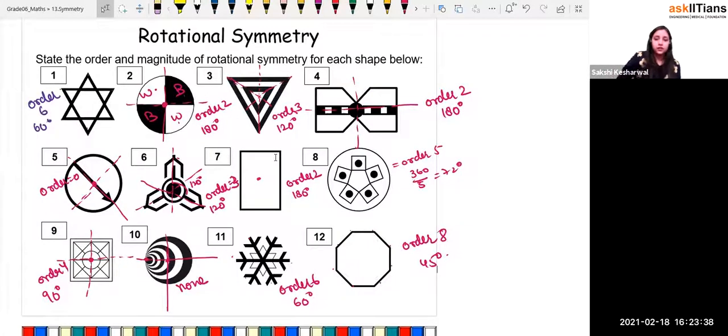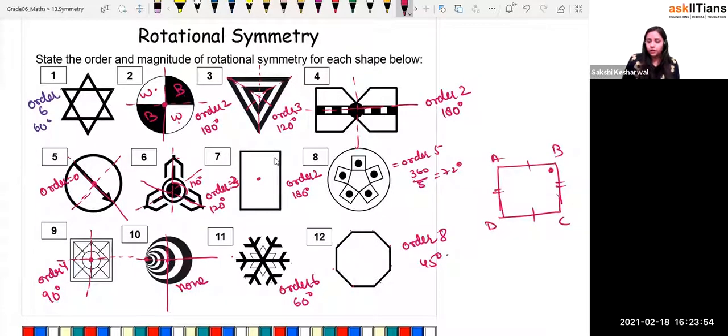Let us suppose I have a rectangle, right? So this is a rectangle ABCD, and I said that this side is equal to this side and this side is equal to this side. I said you to rotate about this point, right? So what will be the order? So you will rotate by 90 degrees. Does it look the same? So it's going to be again 2. You have to just see and use your imagination, yes or no, right? So the figures will be given, and then you have to think whether it's right or not.